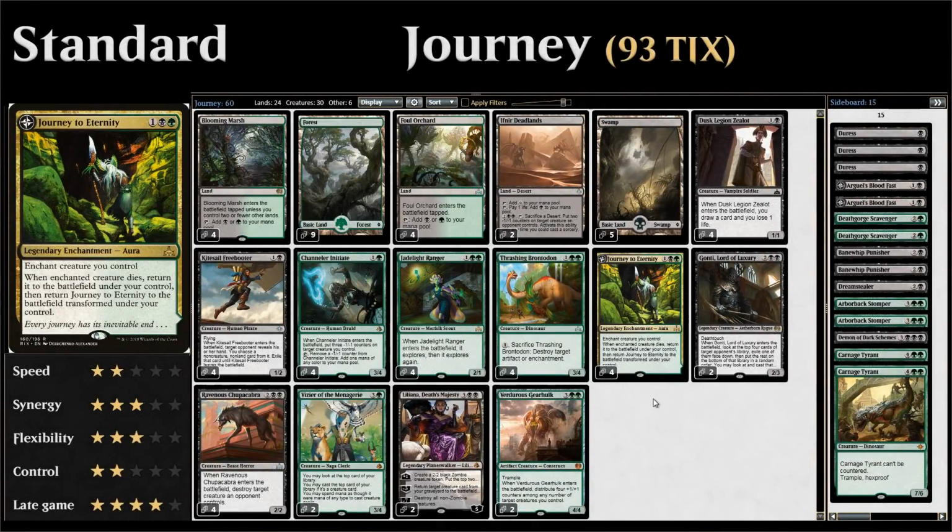Hello and welcome to another episode of Wacky Wednesday, a weekly series where we explore wacky deck ideas in both Standard and Modern, and this week we're taking a look at a Standard deck built around Journey to Eternity, a 3-mana legendary enchantment aura that has to enchant one of our creatures, and then when the enchanted creature dies, we get to return it from our graveyard to the battlefield right away, and we also get to transform Journey to